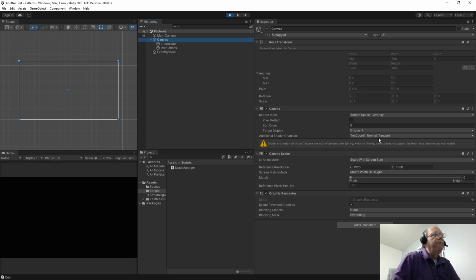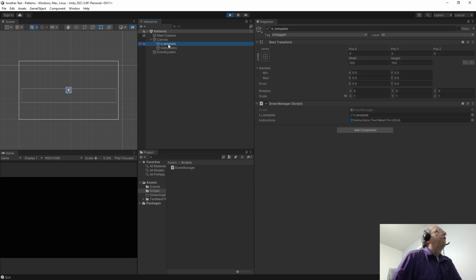That's all that is. And then under canvas, I created a game object called LR template, and I changed nothing here. These are all just default settings. The only purpose of this game object is to serve as a template for instantiating other game objects, which you'll see when we get to the script for this program. This is also where I attach the script, Draw Manager,